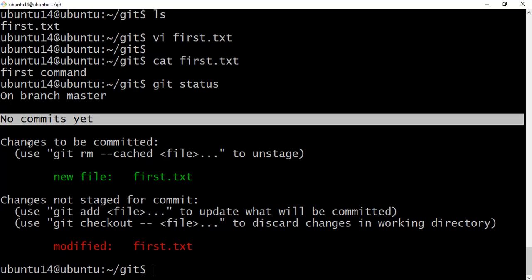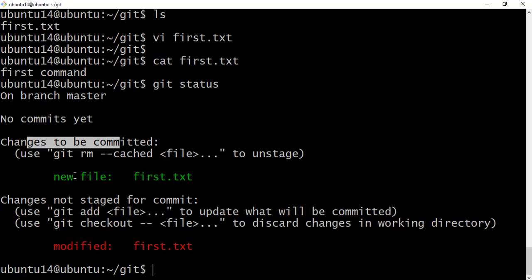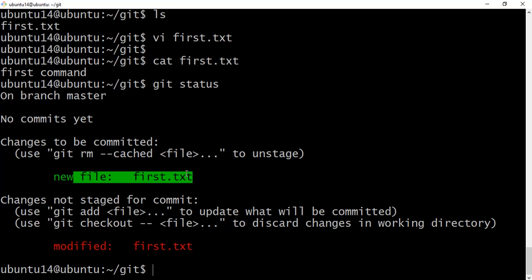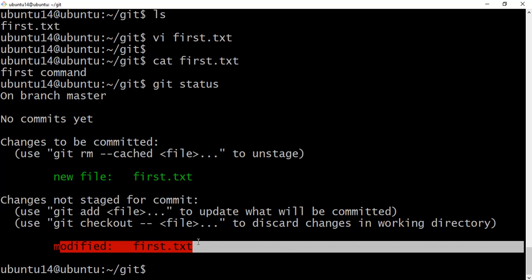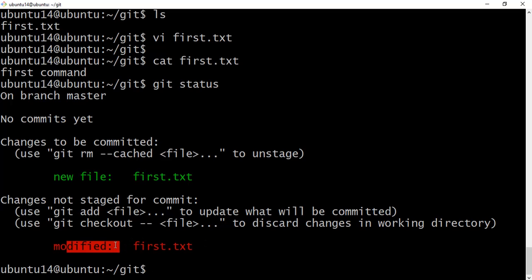No commits yet, changes to be committed. This is the new file first.txt, and modified is test.txt. So this is the red color, right? The red color means if something changes on the files, it's getting red color. If everything is done, it's getting the green color,